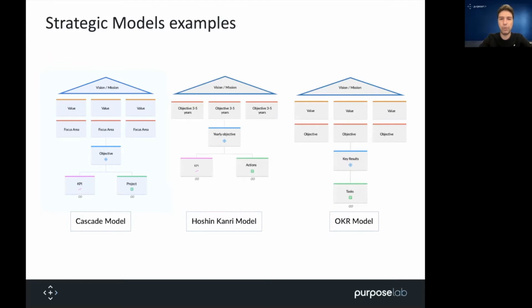It actually borrows its name from the Cascade strategy management system that we also use with our clients, and by the way, we have special packages for you if you're interested. But the particularity of the Cascade model is that it allows you to be as flexible as possible. What you're seeing here on screen is that instead of objectives, what you have are focus areas. For these focus areas, you set different objectives, but you are not tied down to making these objectives yearly, 3-monthly or 5-monthly objectives.